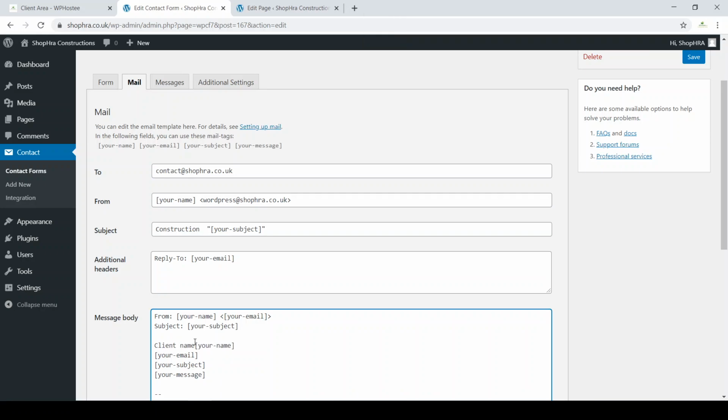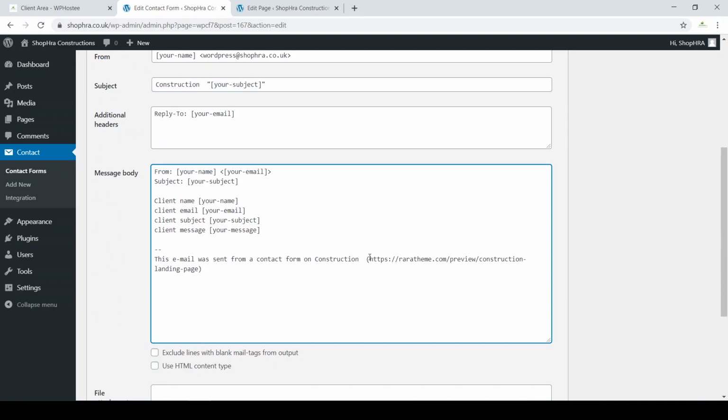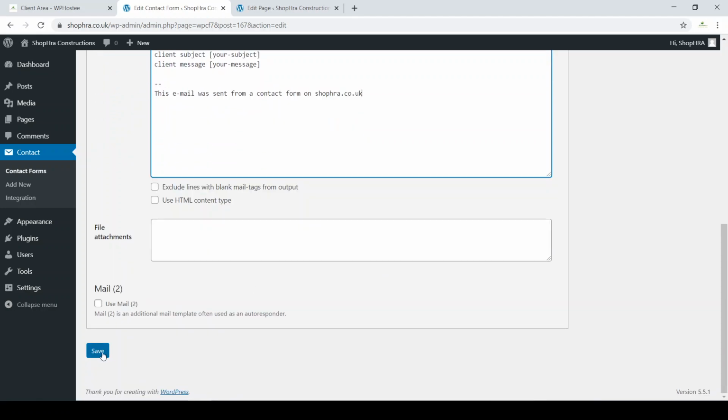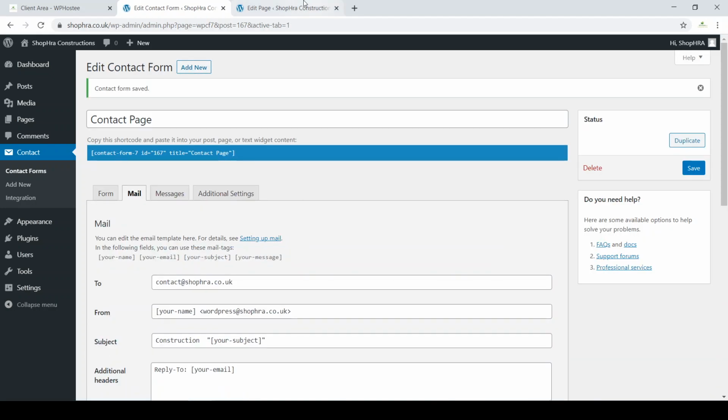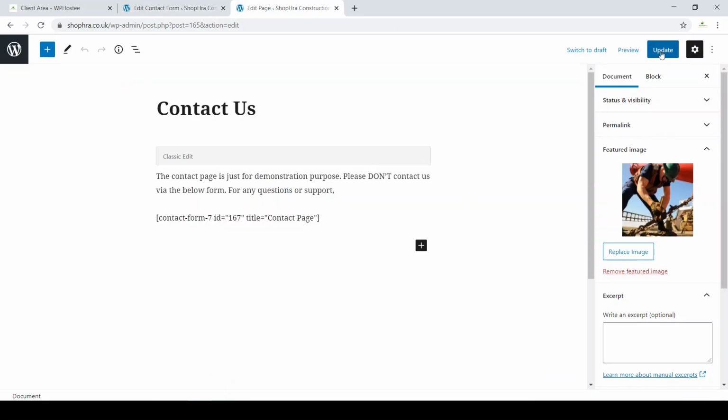Find name and email and subject and message. Once you've done that, make sure you delete this link, put your website, click save, and now you've validated both forms, which means now, let me get out of here so I can go to the website,